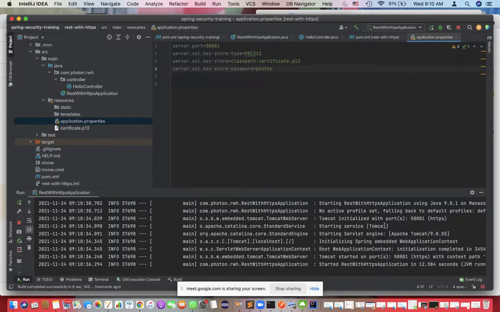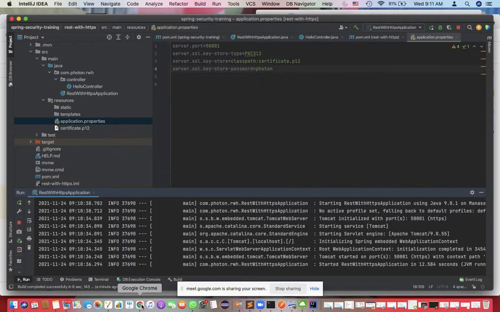Now after that, if you see, your Tomcat started on the port and it is showing that I am using HTTPS, not HTTP. Initially earlier it was showing HTTP. Whenever you are done just let me know. Okay, you can go ahead and let's see the magic.